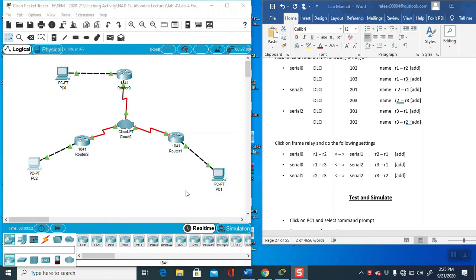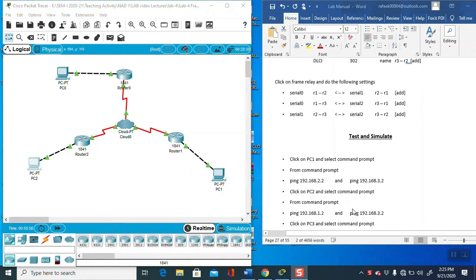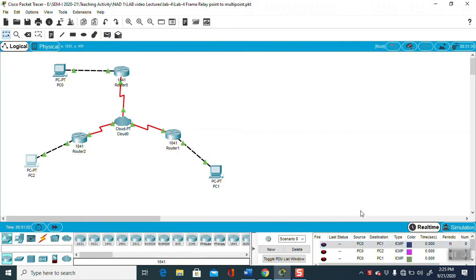Now we have to verify whether it is working successfully or not. Ping from one PC to another. So we can check here, go here and delete this, and take the packet from here to here, check this. So it is successful. You can send a packet from here to here, see, and you go router to router, successful. From PC to PC is successful. And you can verify then. So now we have finished, it is successfully running from one PC to another PC.